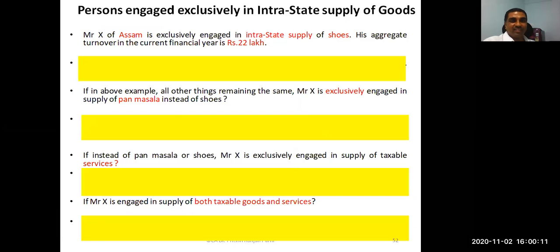Okay. Now, friends, here is a question for you. I expect all of you should participate. Even if the answer is wrong, it doesn't matter. But please participate. I'll be trying to help you, but I want your participation, your answer. Now, some of you please read the first point.